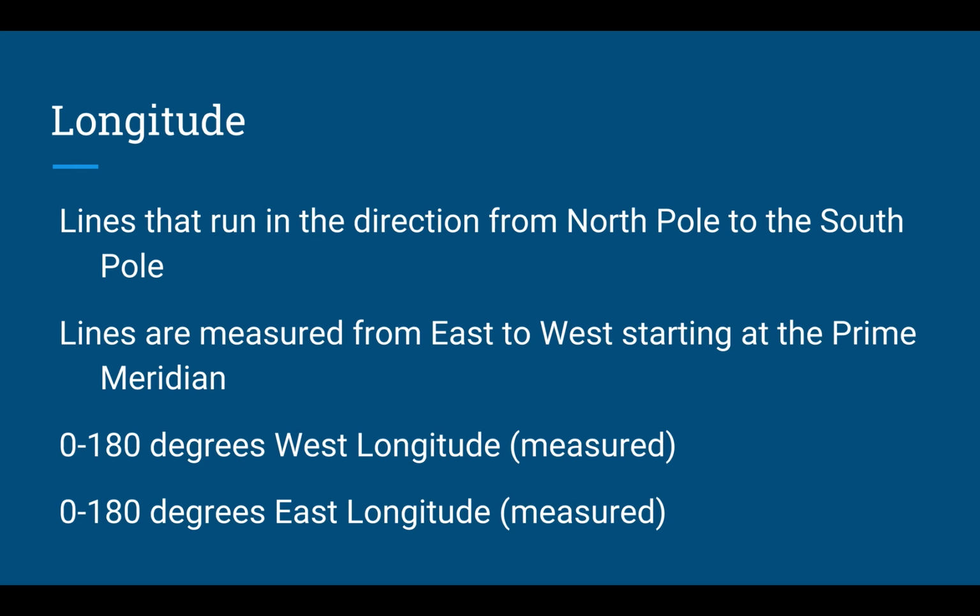Okay, so this is where it gets very, very confusing. People get confused when we start talking about direction and how latitude and longitude lines are measured. So longitude lines are not parallel to the prime meridian. They are vertical lines. They go up and down, but they start at the North Pole or the South Pole and they work their way up or down. So they either go from the North Pole to the South Pole or the South Pole to the North Pole.